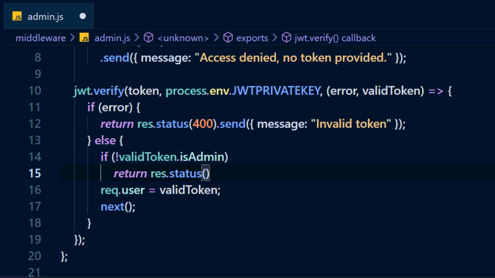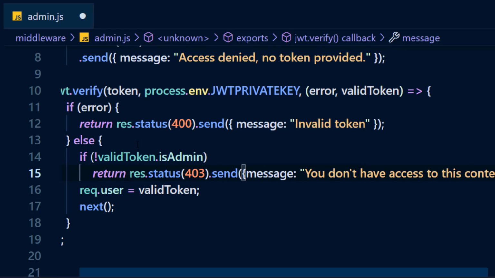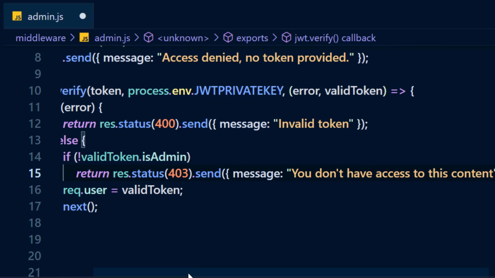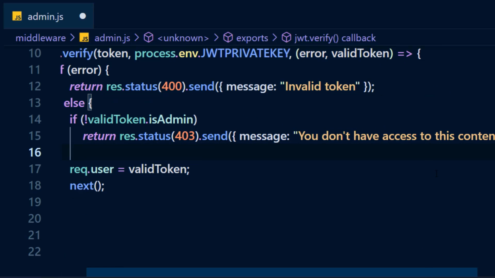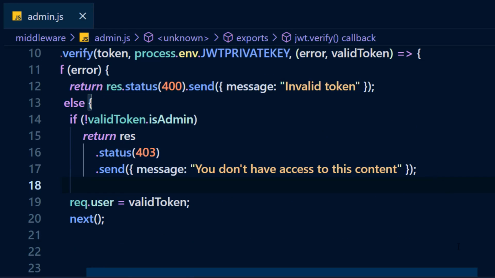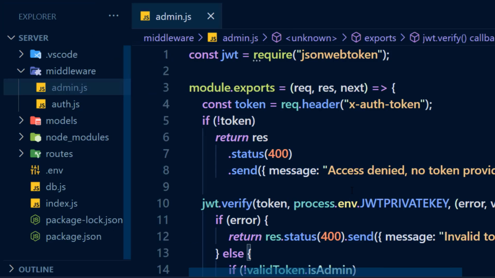res.status of 403.send. Message will be you don't have access to this content. If not, then I'm going to run this function and save this file. Close this file